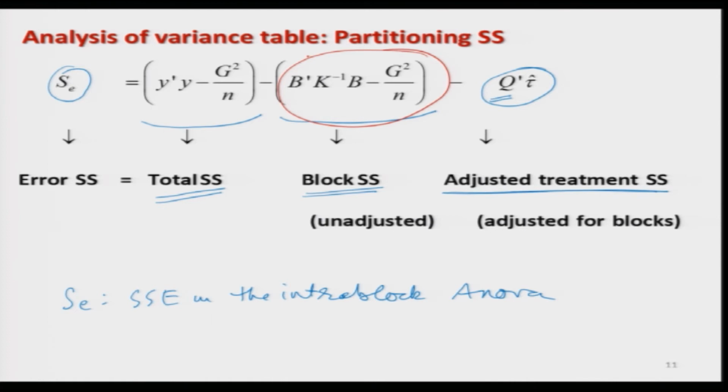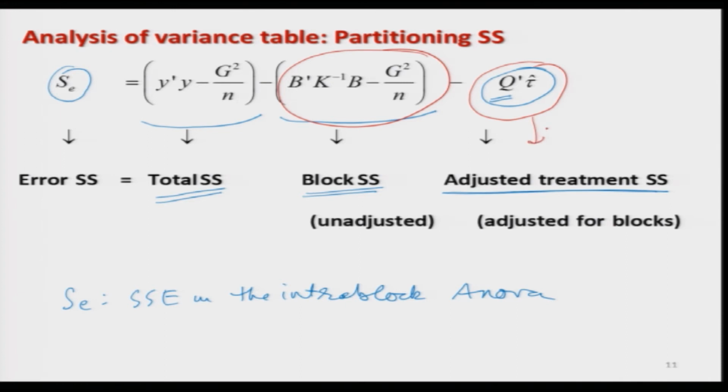But in case you try to do the similar analysis with the treatment sum of squares, then possibly you are not going to get the expression like what you have got here, as Q transpose tau hat. So, now the question here is this sum of square, which is the treatment sum of squares,